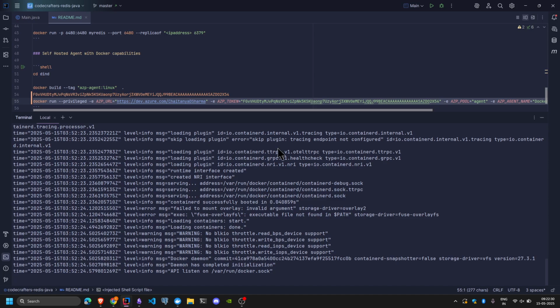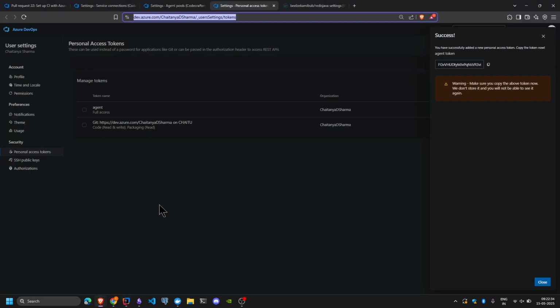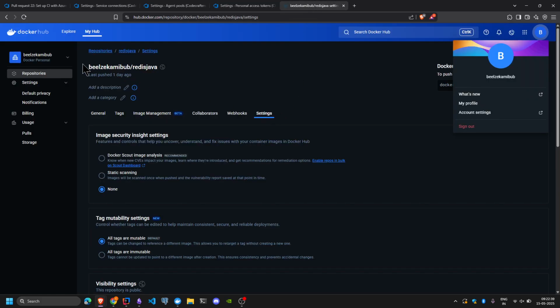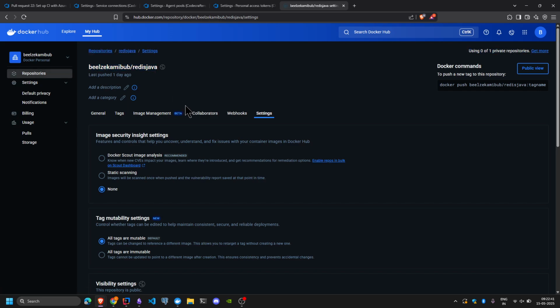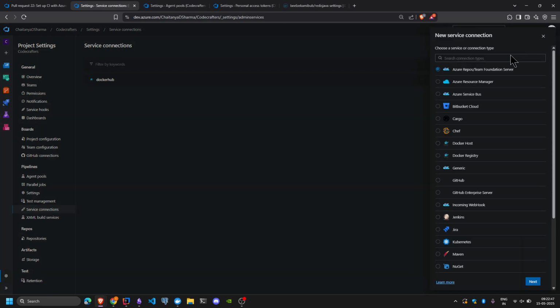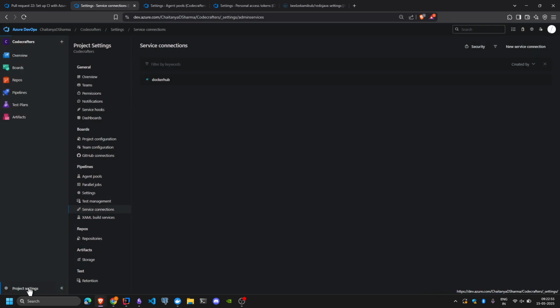So this will initialize the agent for us, and what we want to do in the pipeline is push the images to Docker Hub. I've already done it, and it can be done using a service connection. So you need to create a service connection in your own organization. Come here, where this is, you need to go here, project settings,